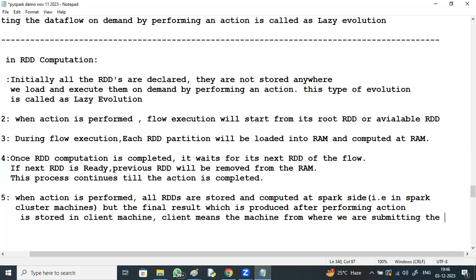They are submitting the job, right? The machine from where we are submitting the job.